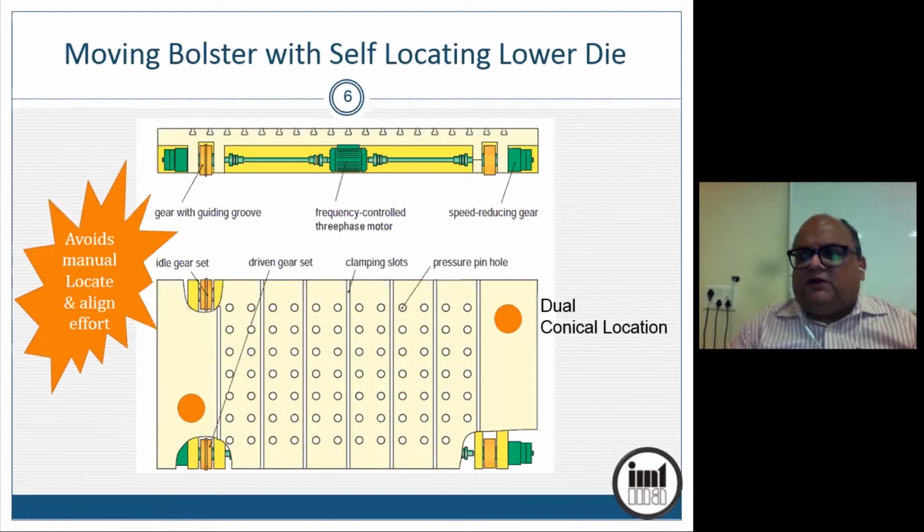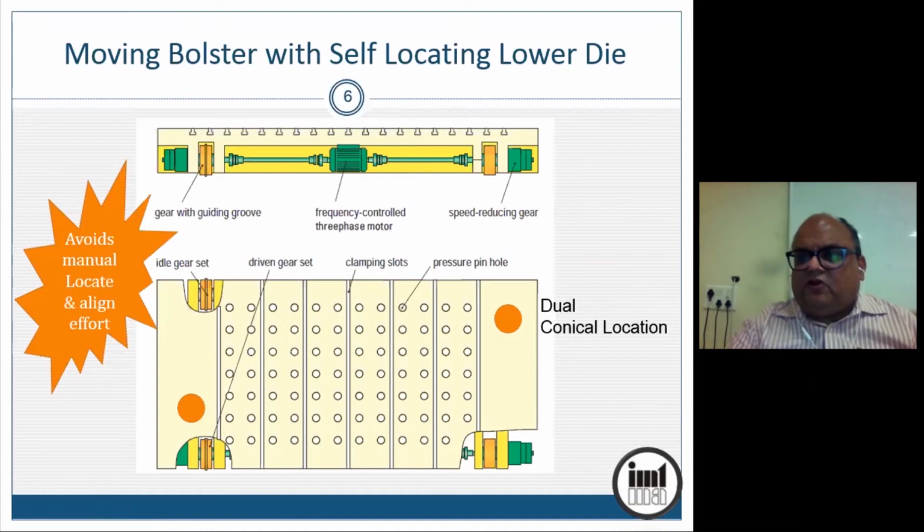Another thing important is, as we said in the video, that it is changing very fast, in a minute typically. Now, obviously, there is no time to locate the die and align the die every time. So usually there will be a self-locating feature. For example, there could be a conical pin on the table diagonally, and the die in its base could have conical holes.